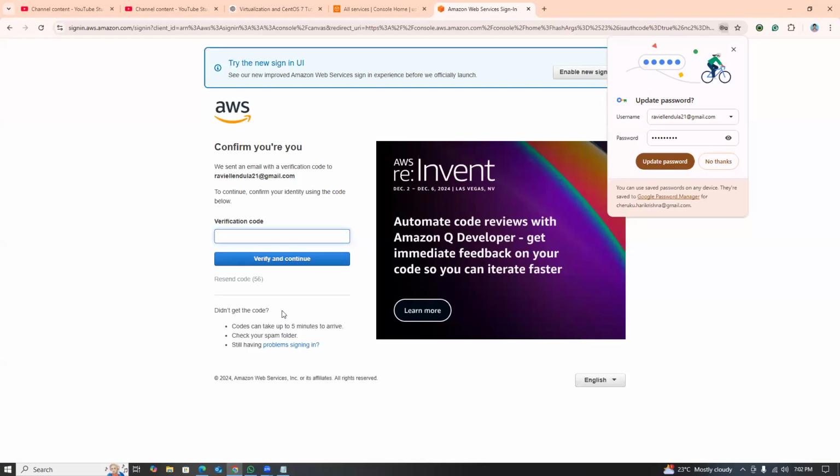Verification code sent to continue for the identity using the code below. Verification code is sent to